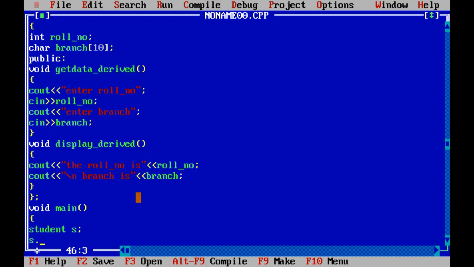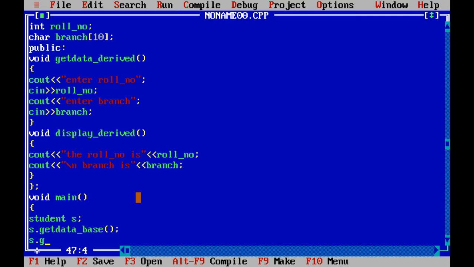So we need to call all these member functions using only the object of the derived class, that is student. So s dot get data base and s dot get data derived,